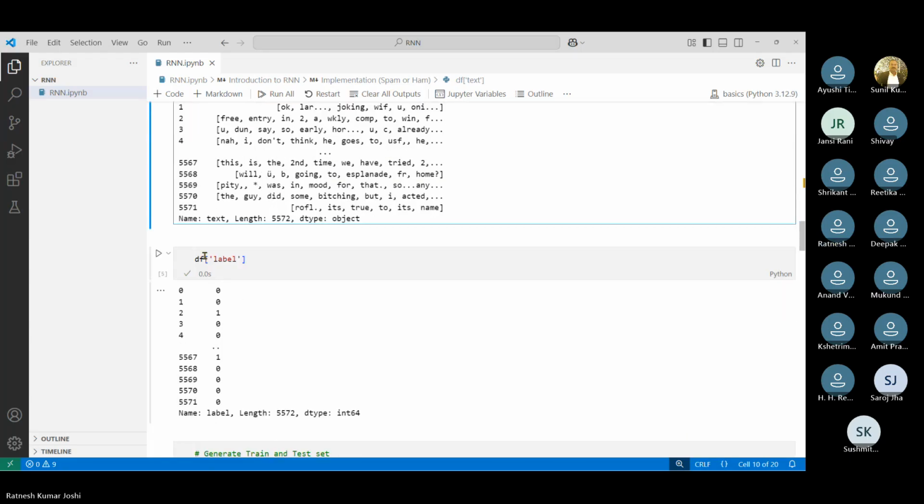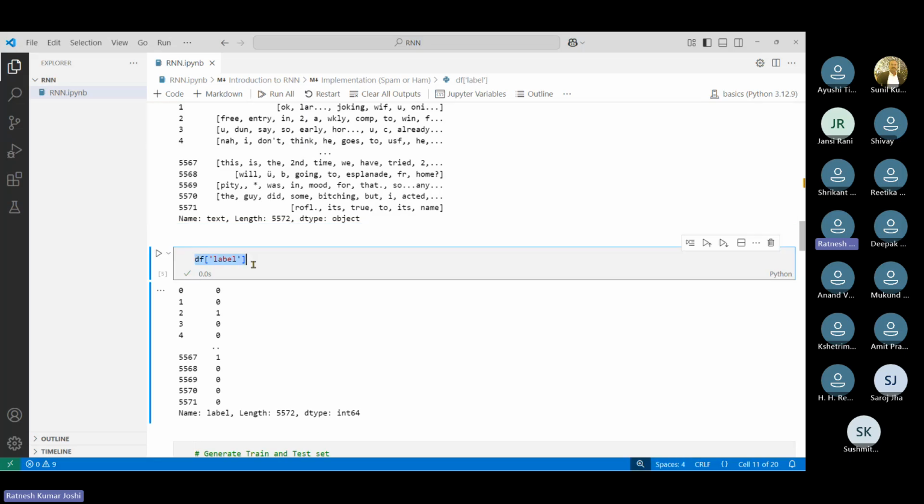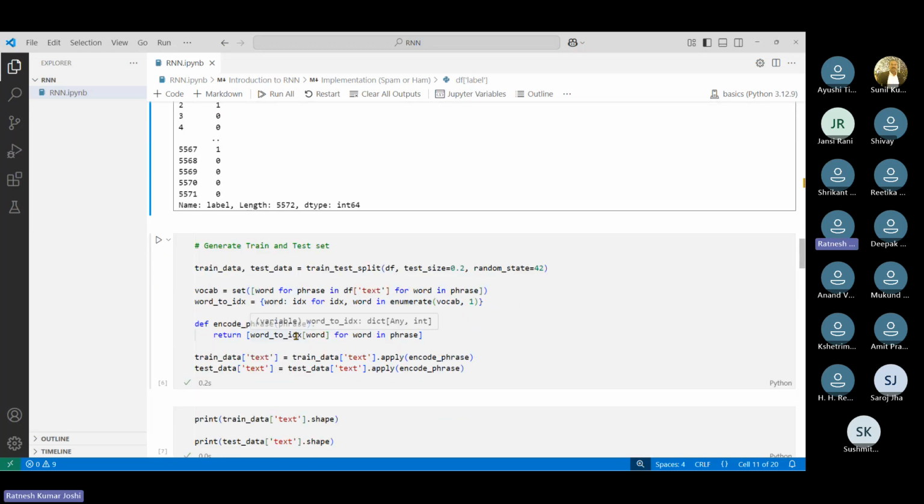Right. Next, we can print the label, and here you can see again 5,572 values. The values are either 0 or 1, corresponding to the classes ham or spam. Then the next step is to generate the train and test set. The idea is to split the data, which is a total of 5,572 samples, into a training set and a testing